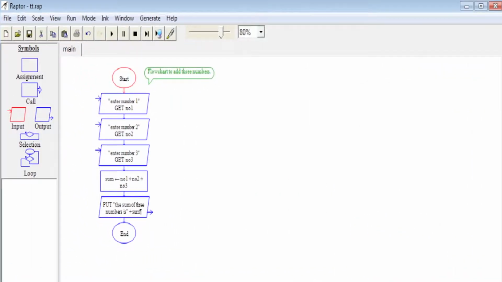As and when the flowchart gets executed, you can see on the watch window to notice the values of the variables used in the flowchart. This feature helps you debug the flowchart for any errors. Raptor also lets you execute the flowchart step by step. You can do so by choosing the step option in the run menu item. This feature helps you to trace the flowchart step by step and find any errors.